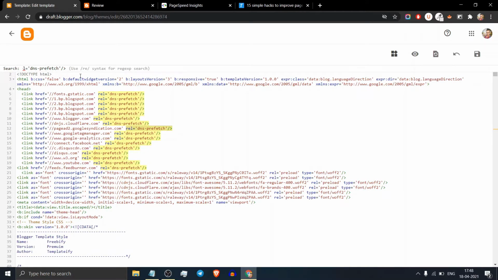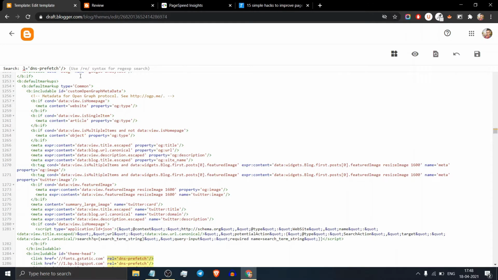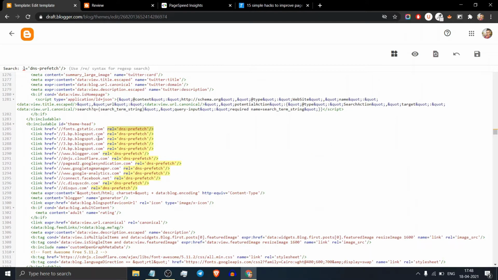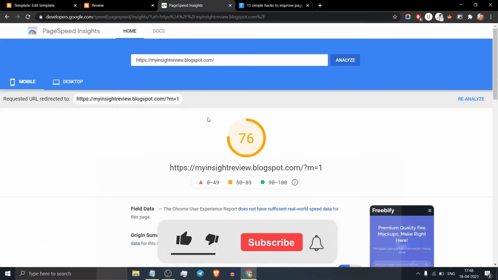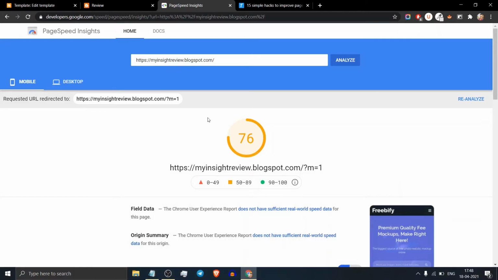Let me show you, and here you can see the DNS prefetch is inbuilt in this theme. But if DNS prefetch isn't added to your theme, then you can add the DNS prefetch code like this, or you can skip this. In this way you can easily increase your page speed by a few points.